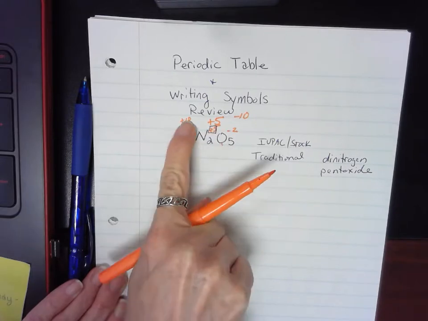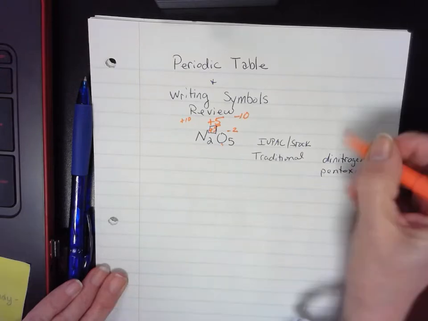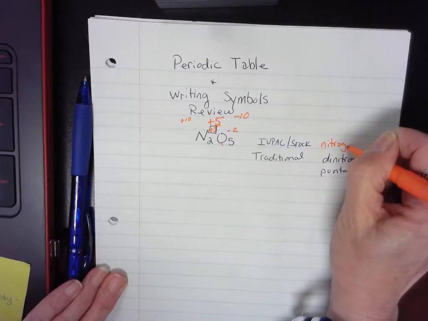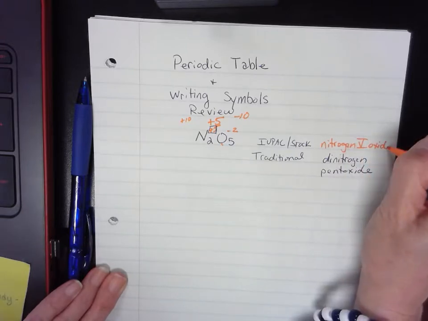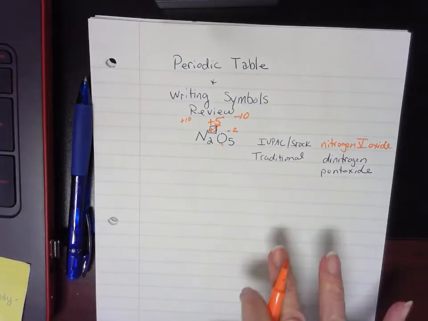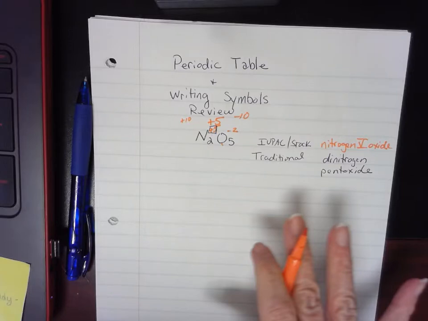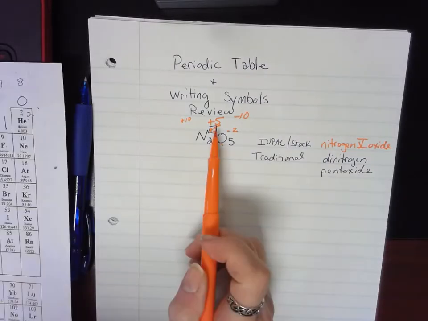So you would write that nitrogen(V) oxide. Okay, so again, this is not really huge on naming, but I needed you to understand that when the cations,